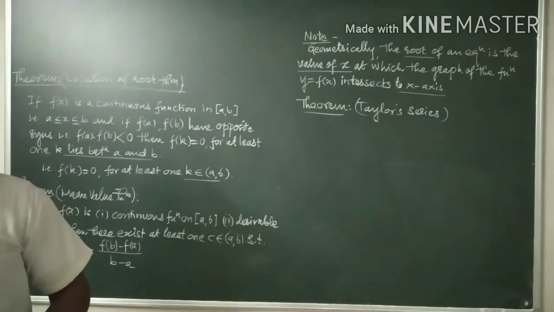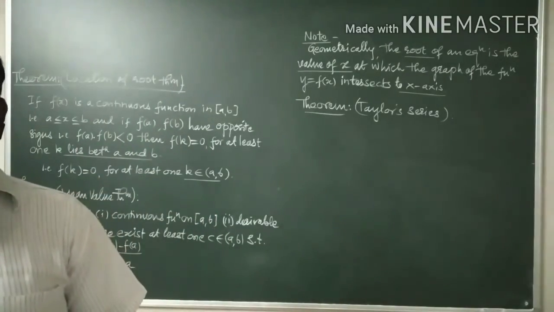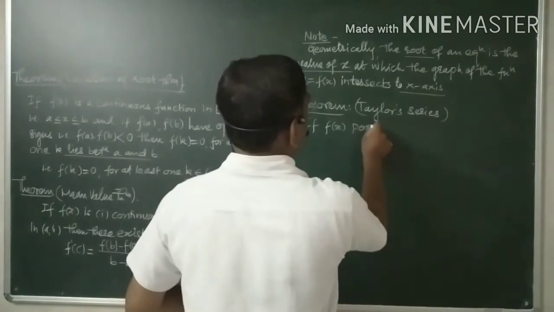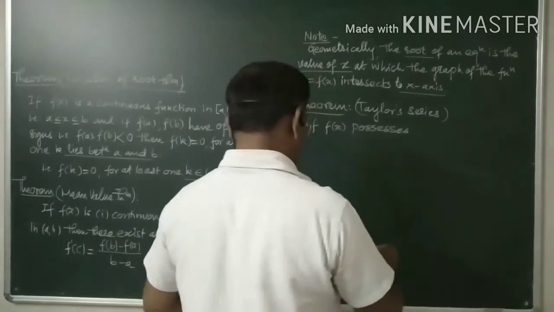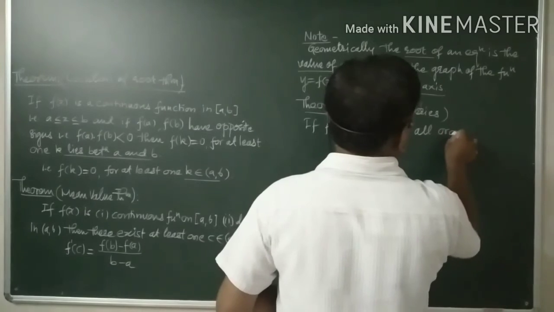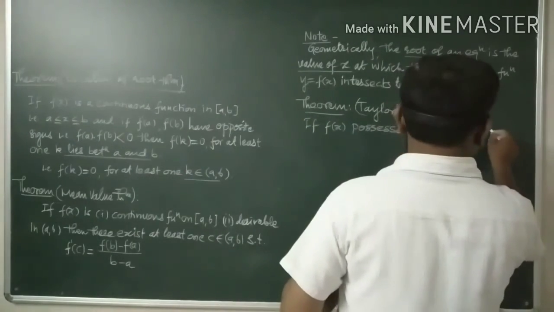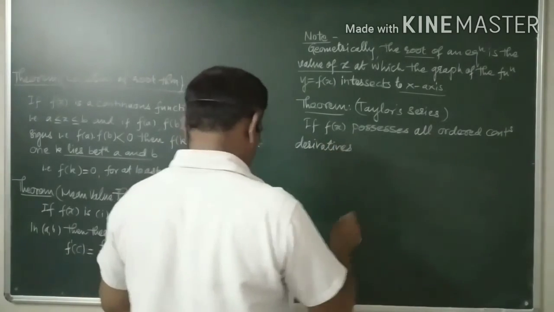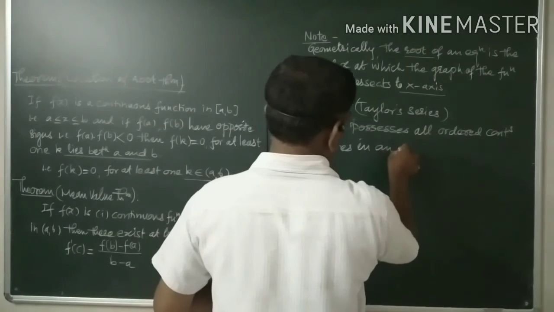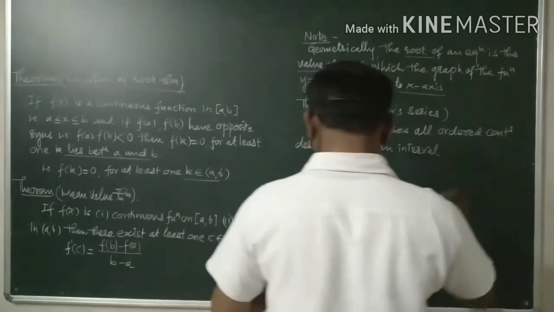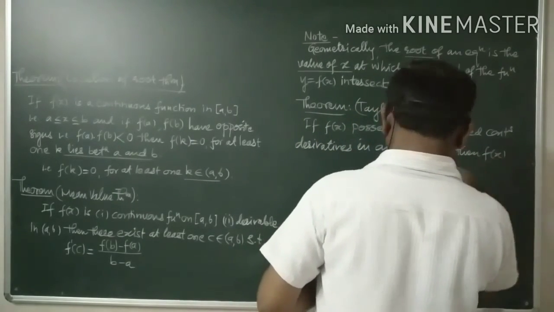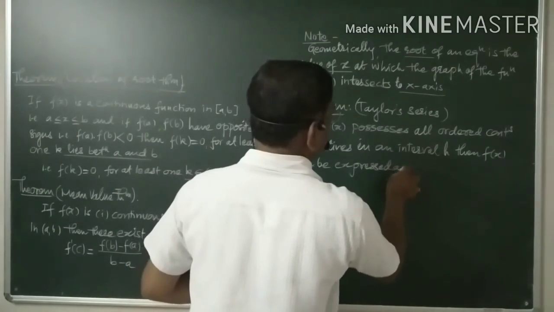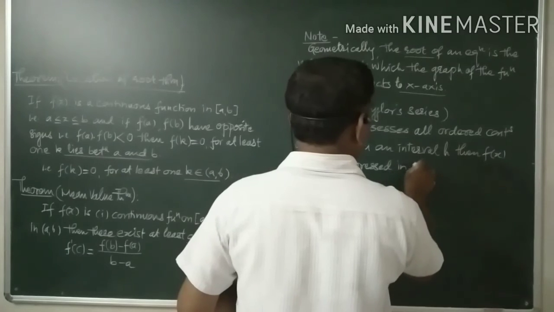This also you need to go for the solution of algebraic and transcendental equations. What does it say? If f(x) possesses all order continuous derivatives in an interval h, then f(x) can be expressed in powers